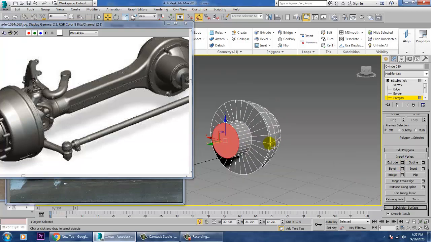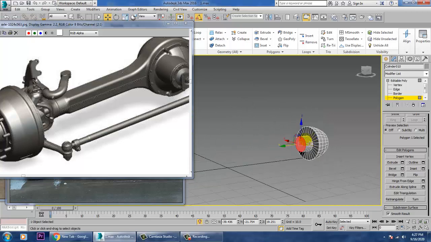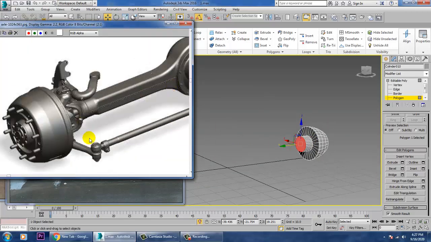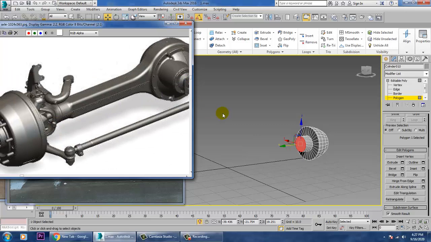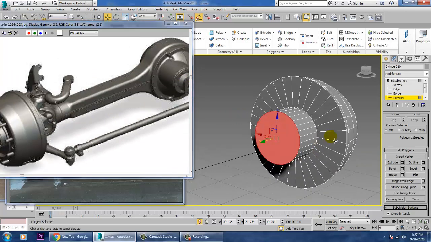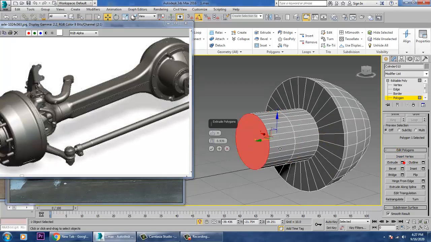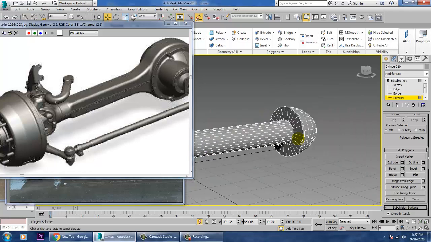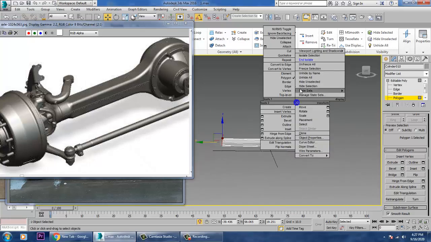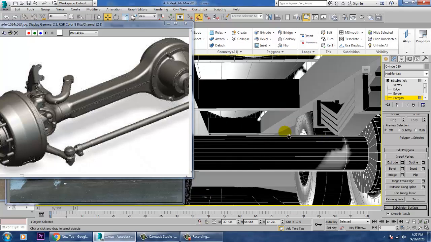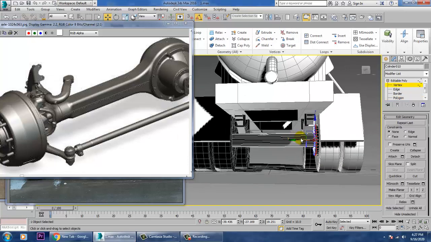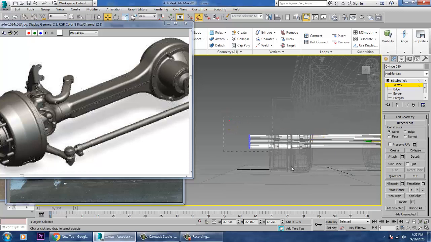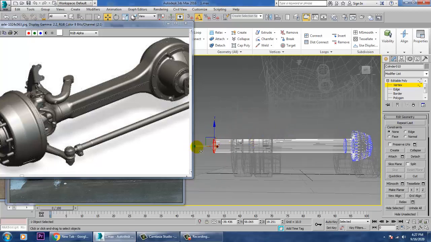Just extrude this stuff over here. We're not going with more detailing, we'll be just going with some basic details. After that, just extrude it further, right click and isolate this. So let's go into the vertices and just push this till here.